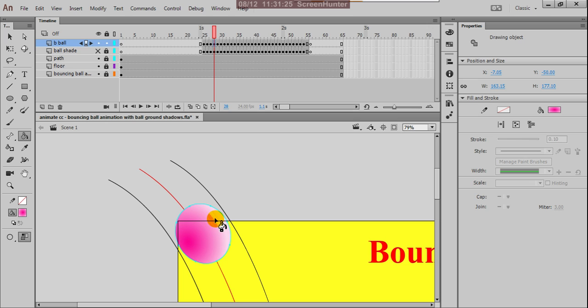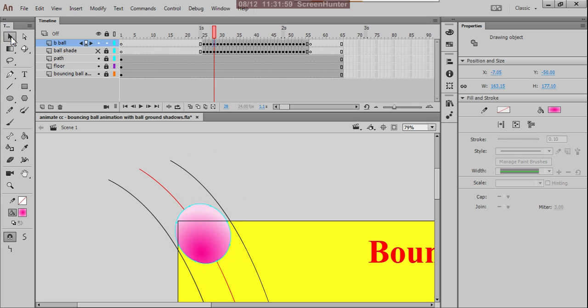Suppose this can be the top position, so you rotate this for the top. Yes, this must be here.